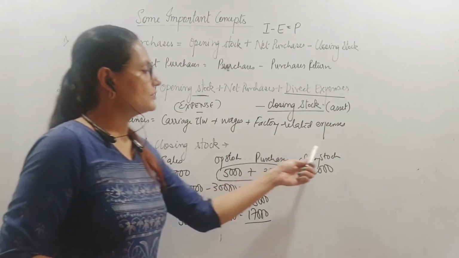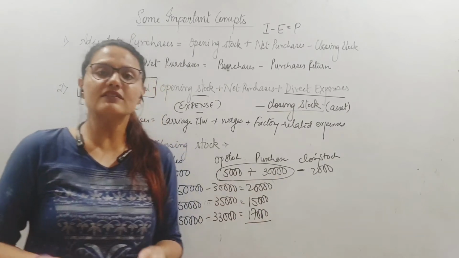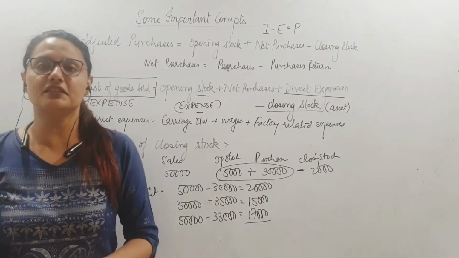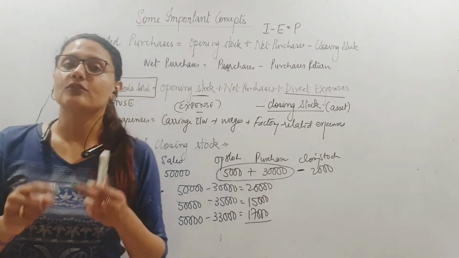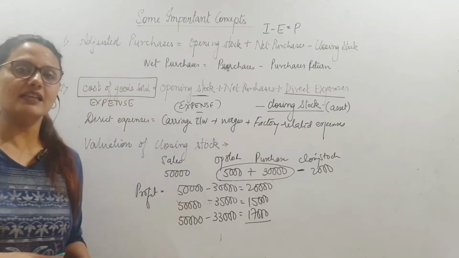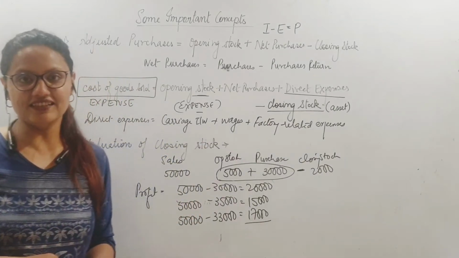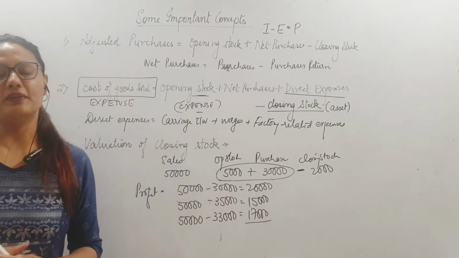Okay? So closing stock is an asset, not an expense of this year, because I am not selling those goods. So how can I consider this an expense of this year? पैसा दे दिए हैं. But this could not be converted into revenue. So I cannot match it with this year's sales. It's unfair, isn't it? Therefore, I subtract closing stock from opening stock and